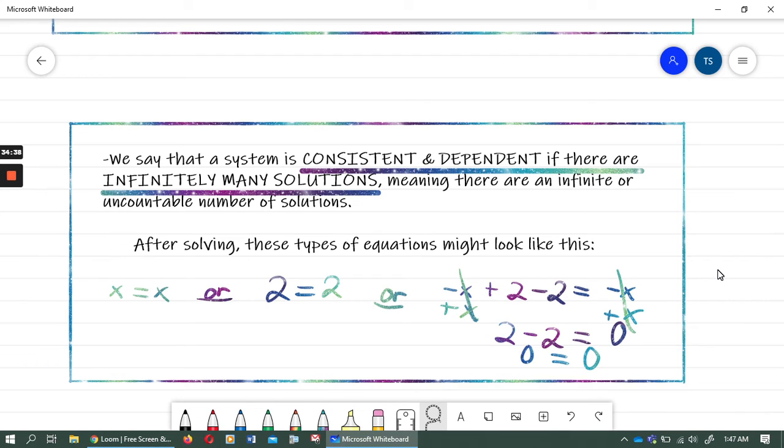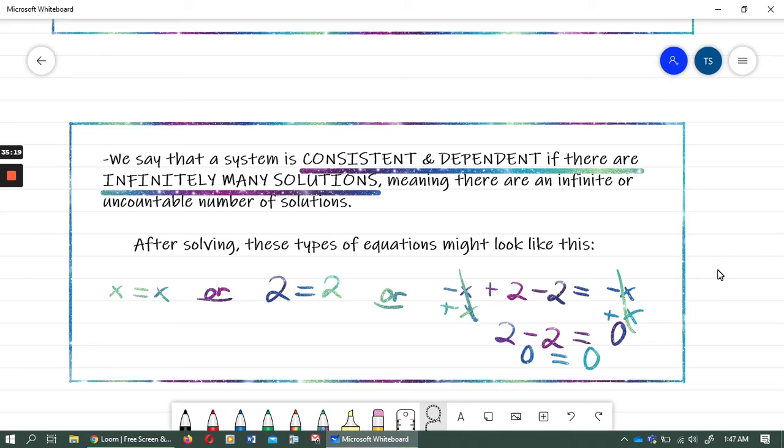Anyway, so it's only known as consistent and dependent if there are infinitely many solutions, which means pretty much that there's an infinite or uncountable number of solutions. Guys, if you were solving a system of equations and your equation started to look like what you see here, if it started to look like one of these things, something like